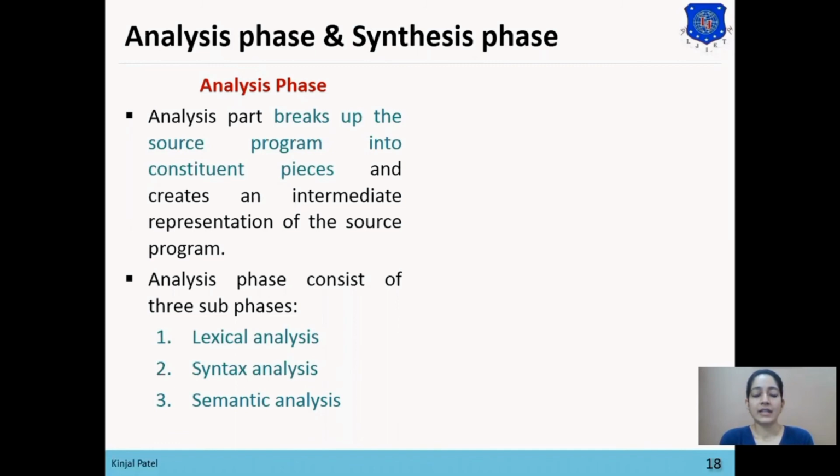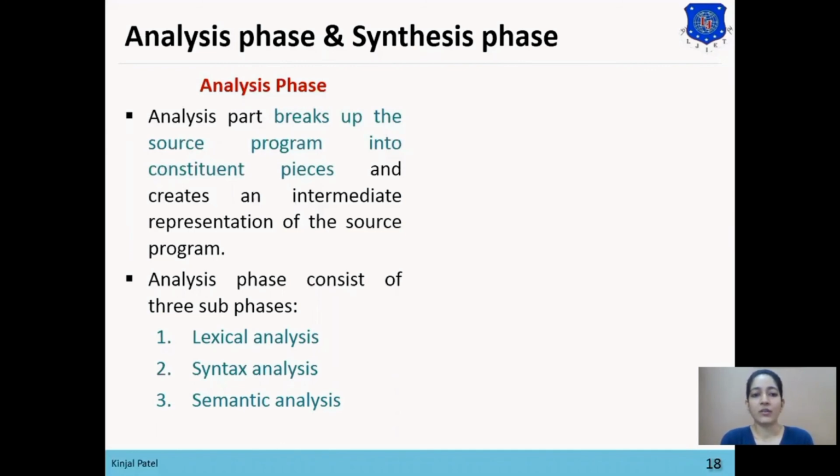Lexical analysis generates tokens from the source program and passes them to the syntax analysis. Then syntax analysis generates the syntax tree from those tokens, and then semantic analysis finds the meaning of the source program, and all these three phases are used to solve the errors generated by a program.